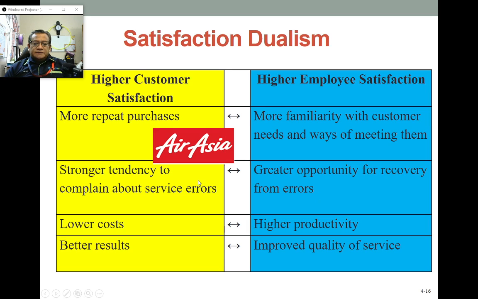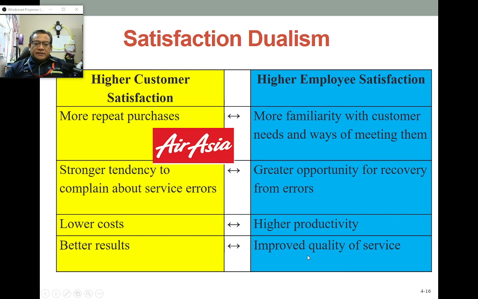correct the situation. The higher the satisfaction of the employee, which leads to, of course, higher productivity. It means that workers are willing to do more work within the given specific time, right? That means higher productivity, which is higher output with the same time range given. With the higher productivity, AirAsia employees are willing to do more work within the given working hours of 8 hours per shift, then it will lead to lower costs in delivering the service.